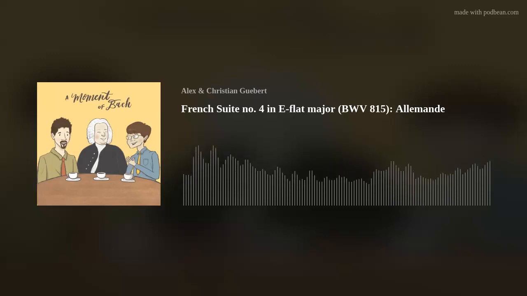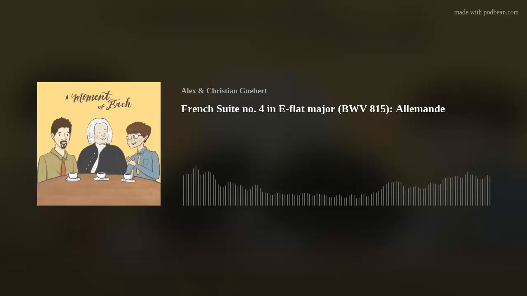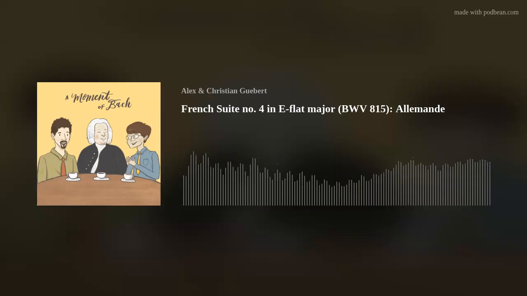But the B section beginning is what we're going to talk about. It is Santiago's chosen moment, and it's a wonderful moment where all of a sudden Bach takes away the lower notes, has the left hand instead play a repeated B flat for 4 notes in a row, what we call a pedal point, because other chords above it change as it stays the same.